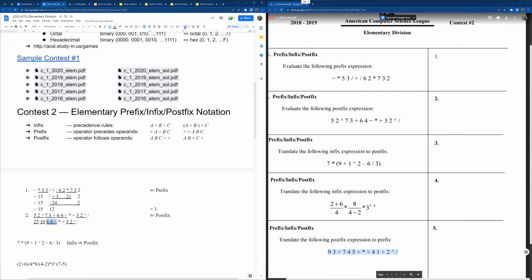6 minus 4 is 2, right? And then here, 3 to the power of 2 is 9, right? I am crazy. So now the next part we can do is this, right? This part,